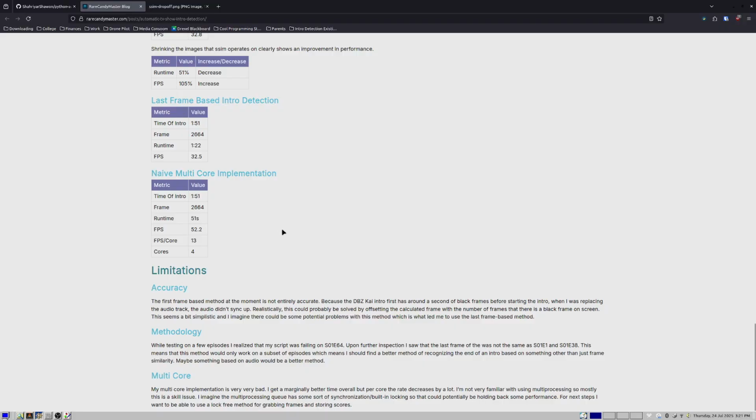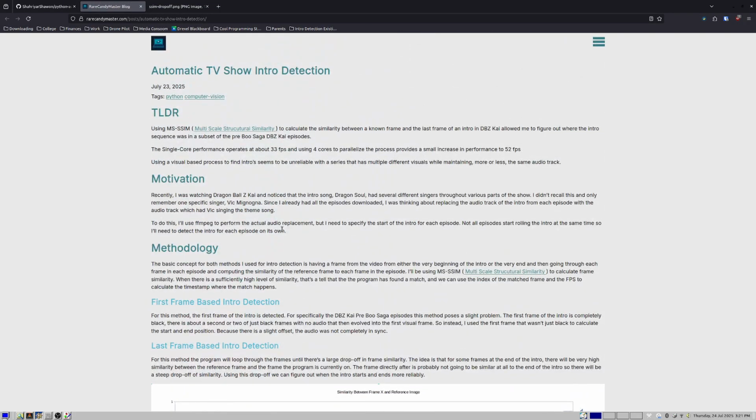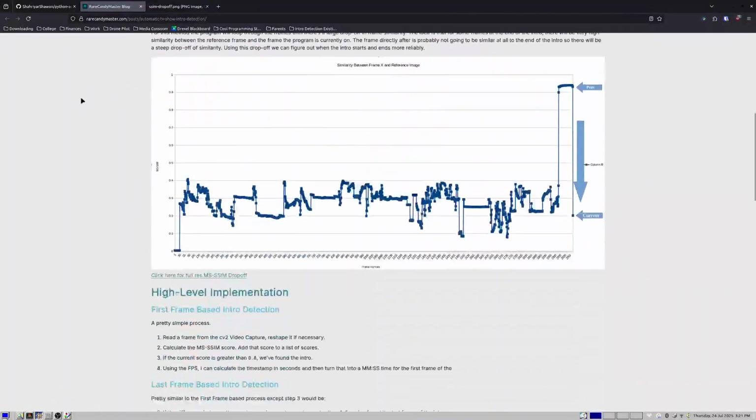But yeah, if you want to read about this in a little bit more detail, and if you want to see the code, I'll have a link to it in the blog post, and I'll have it below as well. You can read it without me saying it in your face. But yeah,